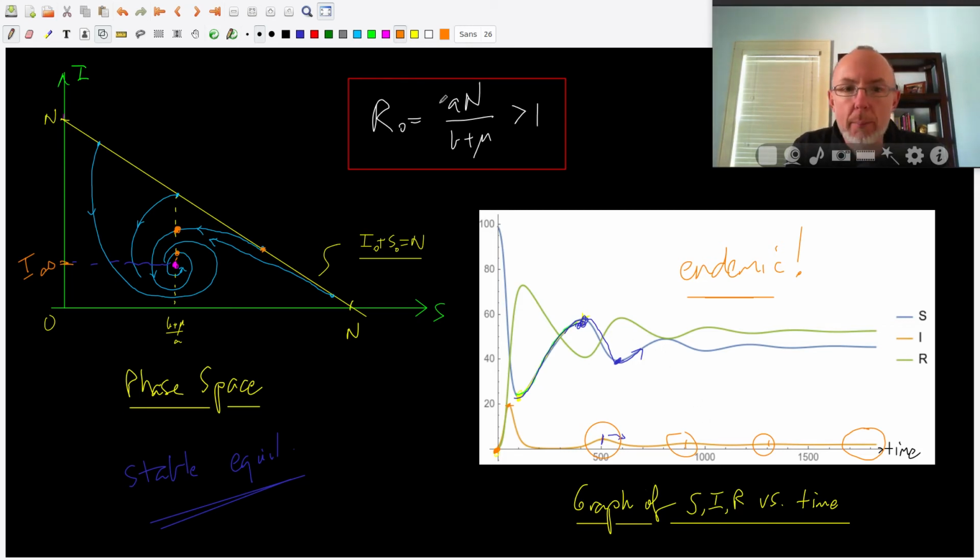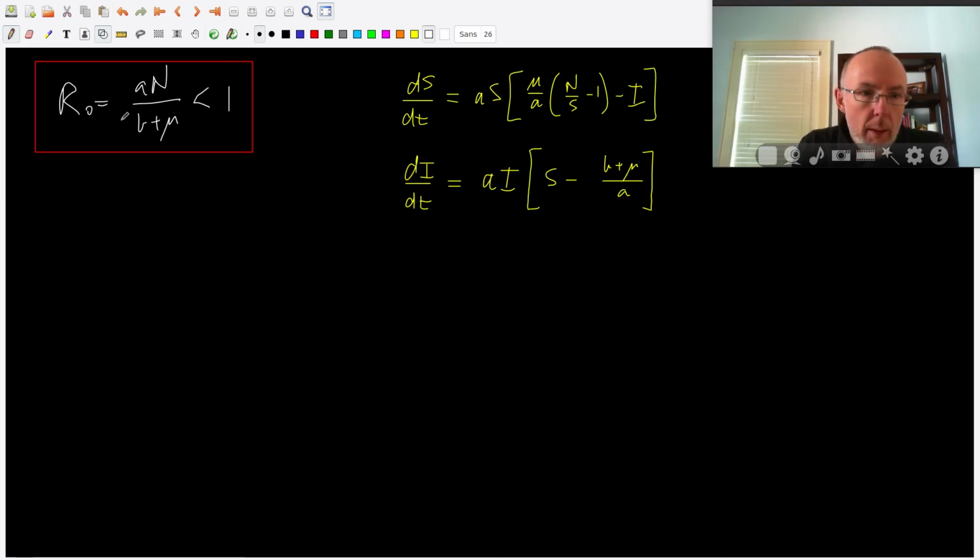That was the case where the basic reproductive number was bigger than 1. In other words, this point is to the left of N. What happens if that point's to the right of N? Let's quickly sketch that. So in this case, we're going to take the basic reproductive number less than 1, and just rearranging that, what that means is that (b plus mu) over a is going to be bigger than N. And if (b plus mu) over a, that's this value here, is bigger than N,